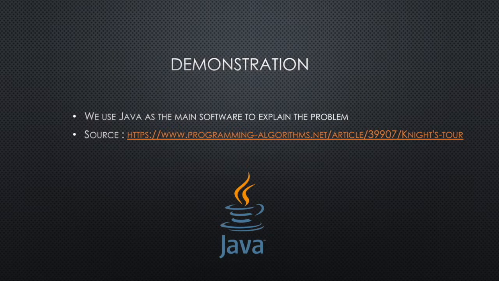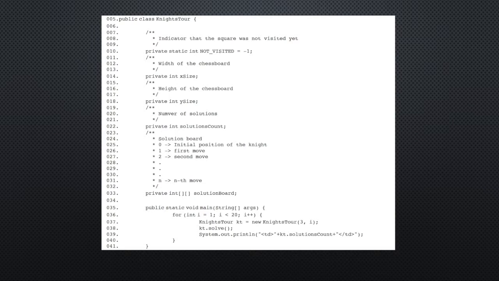For the demonstration, we decided to use Java as the software to explain the problem. We didn't write the code, but we found the code from the website listed in the slide, and we tried to understand everything that the code is doing so we can explain it. Moving on to the next slide, this is the class of Knight's Tour, where the first thing we will do is to initialize the integer for not visited, which is an indicator to show that the square is not